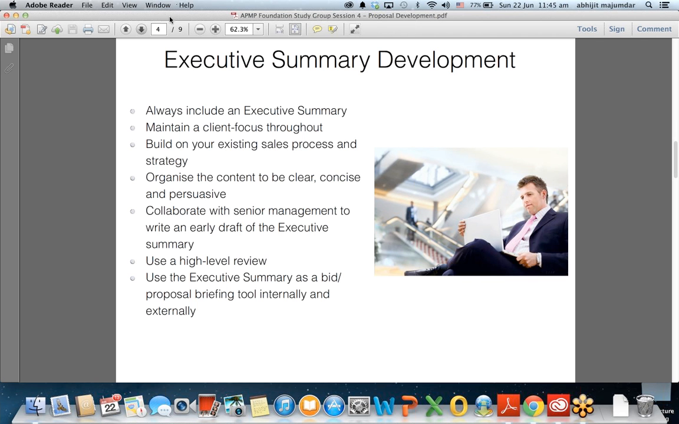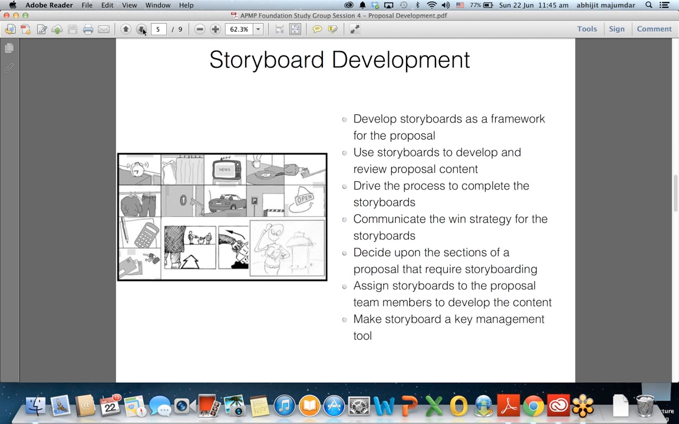Moving to the next slide, which is about storyboard development. Before we get into it, let us understand that the word storyboard itself actually comes from Hollywood. Basically, when they were making movies in Hollywood, they were